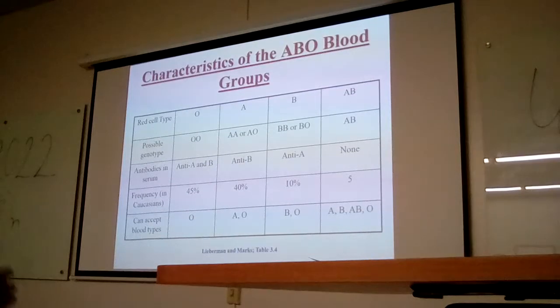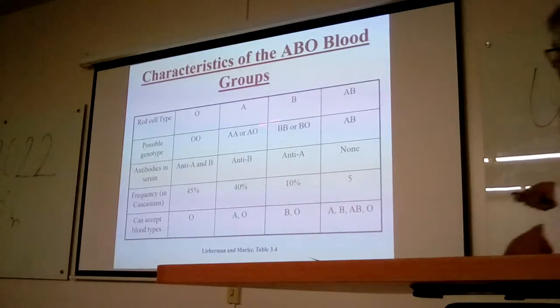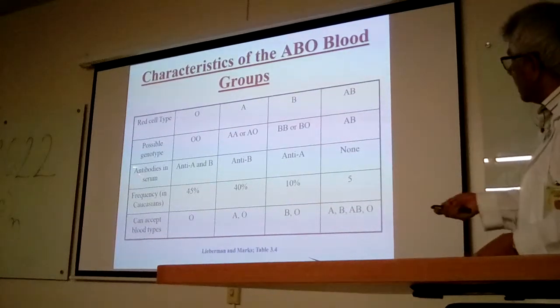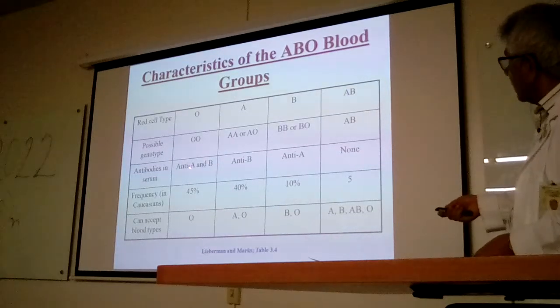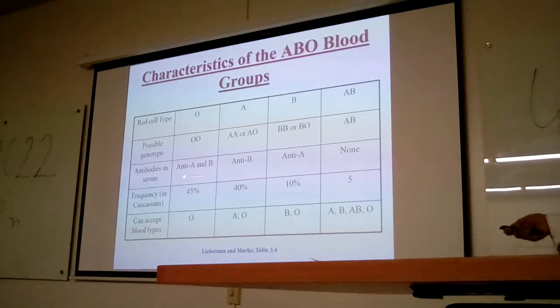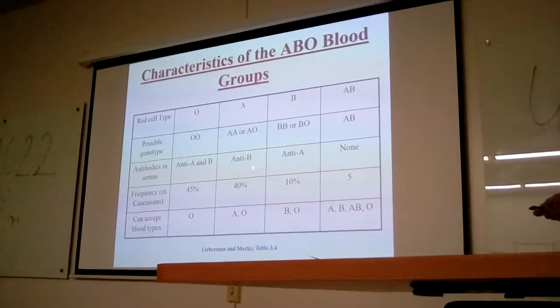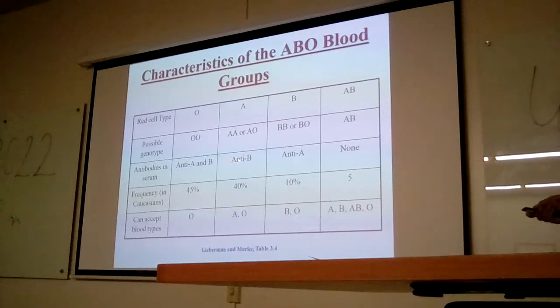This one talks about the different cell types, the possible genotypes, and the antibodies in the serum. Antibody A and antibody B are completely different and don't interact very much. But type A will have antibody B, so that's why we cannot accept blood from the B group. And the same thing with the